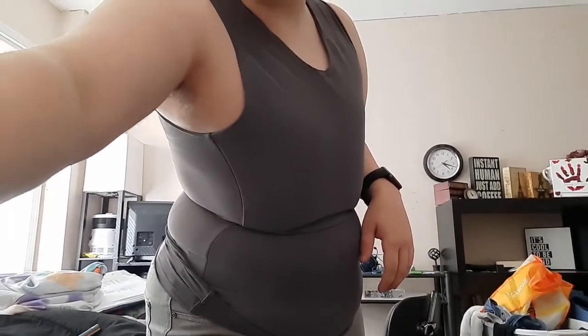Now I like to make sure to pull the pieces, and I typically pull my pants over. The reason I do that is because it helps keep this part down, because this part will try to pull up. And no one wants to see that. And yes, it does compress your belly a little. It just better shapes a bit of everything. Makes my butt not look as big. That's good, because I gotta angle this better. As I was saying, it makes your butt not look as big, because